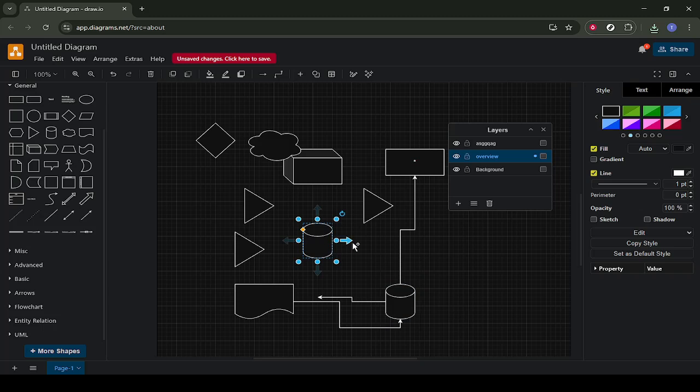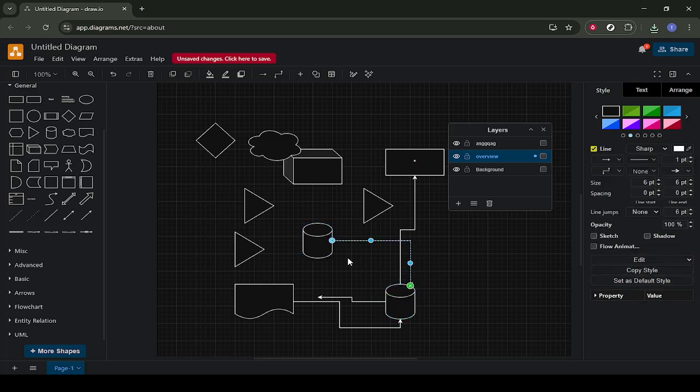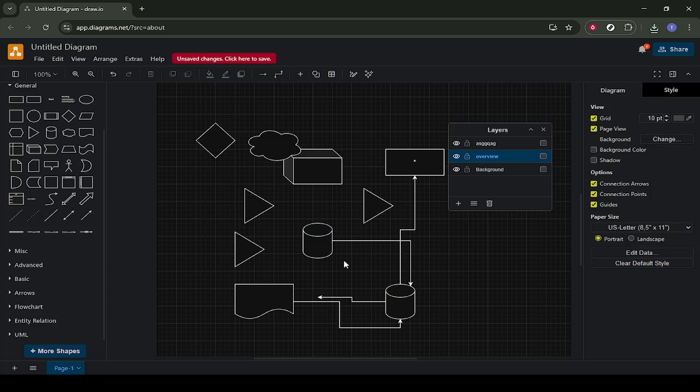You can speed this up even more with a handy keyboard shortcut, Alt plus Shift plus the right arrow key. With a shape selected, pressing this combination will automatically add a new shape to the right and connect it to the original one. This is especially useful when you're building out a sequence of steps, like a flow in a process diagram. You can repeat the shortcut to quickly extend your diagram in a consistent direction without breaking your focus